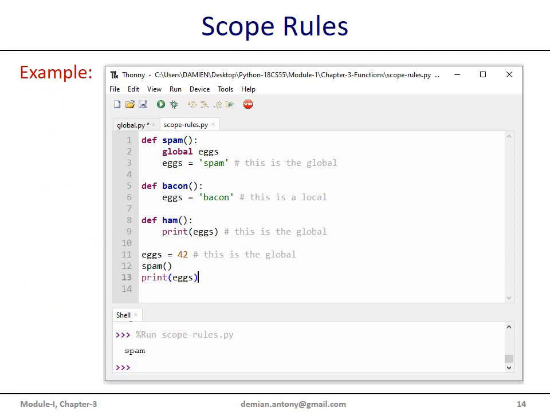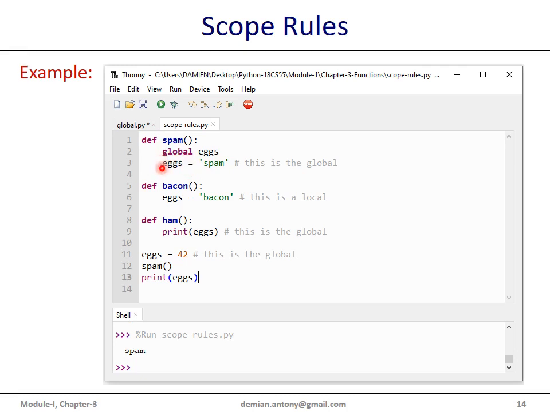Let's take up the example. In this example, we have three functions: function 1, function 2, function 3, and this is the global scope. We have a variable x. This is a global variable, and there is a function call for the first function, and we can modify the global variable with the global statement. And now the global variable takes the value spam.